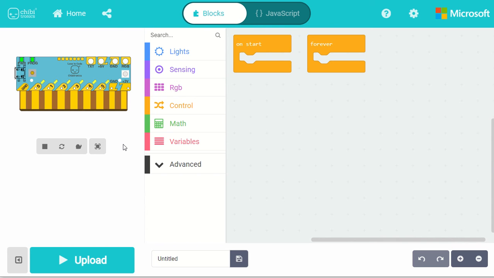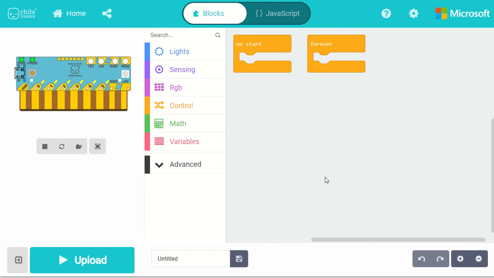So basically, if I talk about the coding today, because I'm going to take you through a simpler one, and later on in my subsequent sessions that I would be planning up for you, I would be taking you through other things also in this coding. So in this project that we people are going to create today, we are going to turn on off LED, and the platform that we people are going to use for coding today is going to be the Chibi chip.